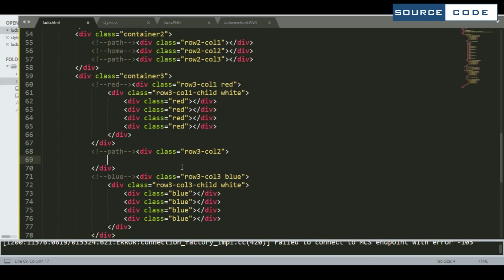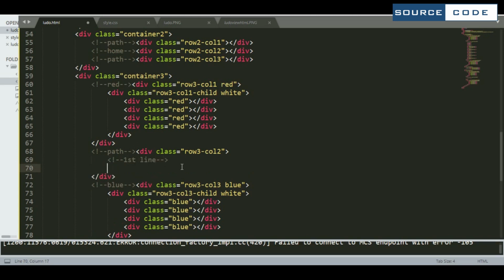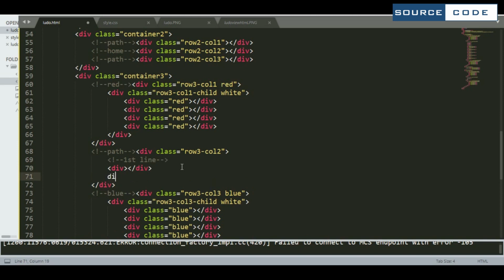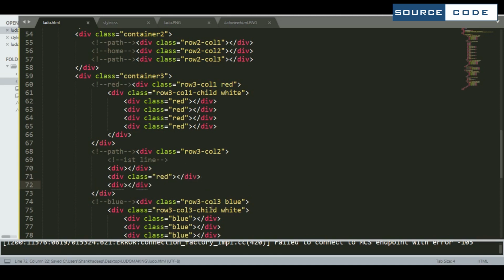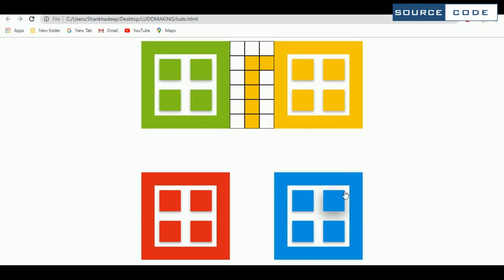Now come to this box again. So here we have to make our first line. So take one normal div here. After that make one div with a class name red and one more normal div. So let me show you how the output is coming. So as you can see, we have got our view.